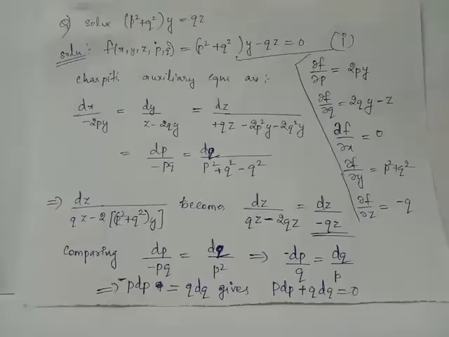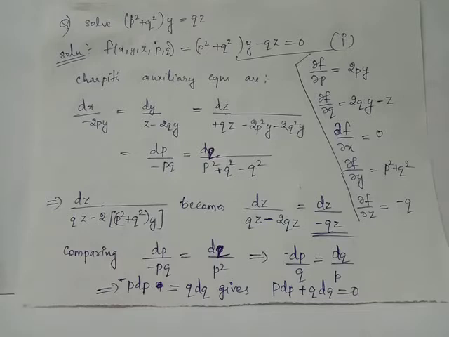p square plus q square into y equals qz. We can solve this nonlinear partial differential equation using Charpit's method. We have f of x, y, u, p, q equals 0 given by p square plus q square into y minus qz equals 0. We will find the partial derivatives dou f by dou p, dou f by dou q, dou f by dou x, dou f by dou y and dou f by dou z